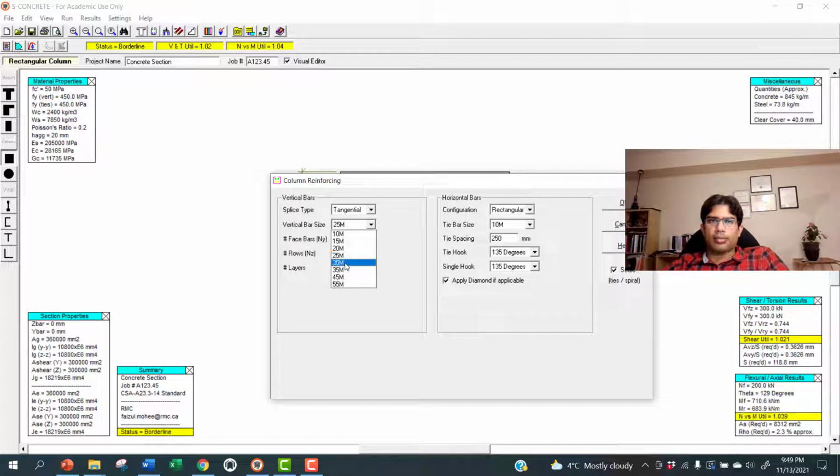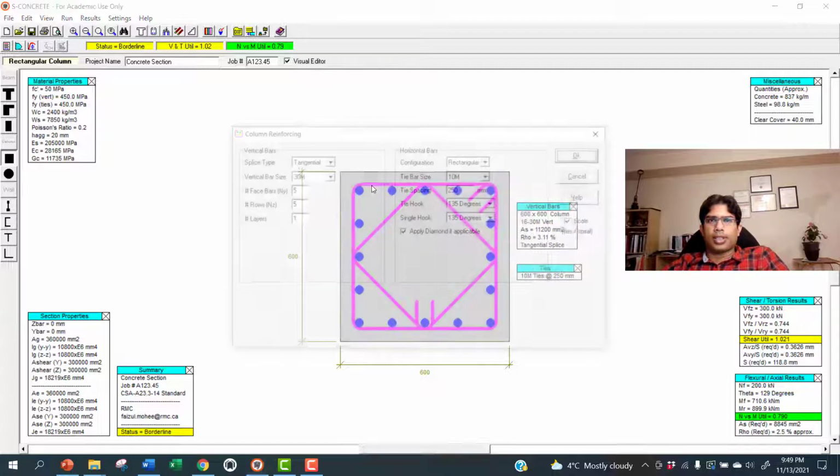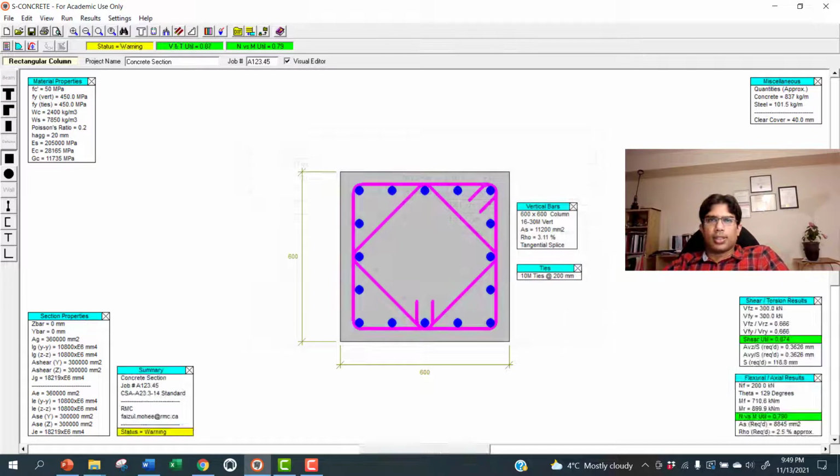So now let's see if we can go back to green by increasing the steel. We put a 30 bar, and then it becomes green. And if you change the tie to, say, 200 millimeter spacing, now both of them became around 0.8, 0.798 and 0.87. So in this case, we reduce the column dimension and increase the steel ratio. Or alternately, we could make it 700 by 700 and keep the original steel ratio. We also need to check the ratio, 3.11%, which is less than 4%, so it's probably okay.